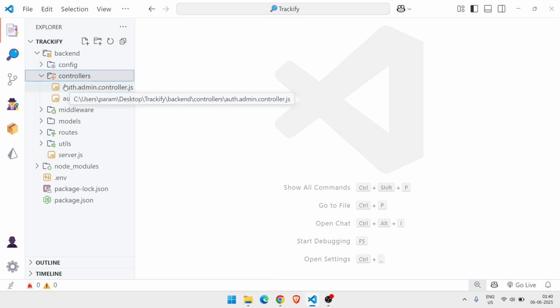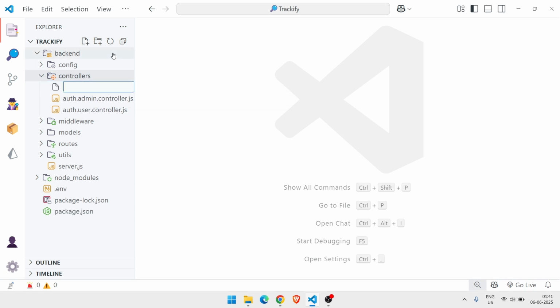So firstly, you have to create a controller. I will name it user controller, because in this controller we're going to add the actions that are performed by the user on the ticket. Firstly, we will add that a user can create a ticket, basically the first one, because it's the user that uses the ticket. Now let me just create a